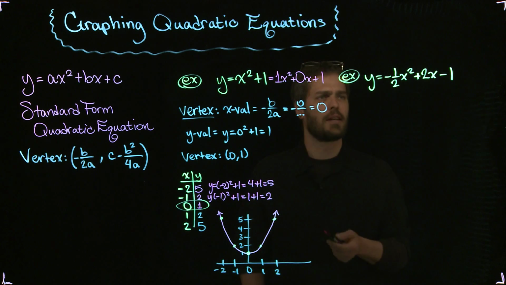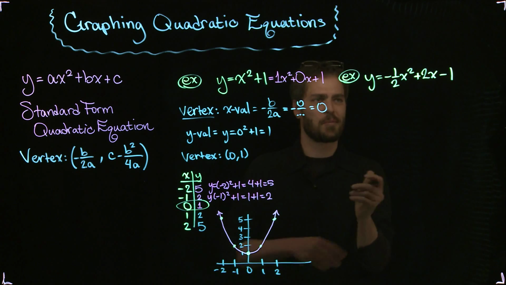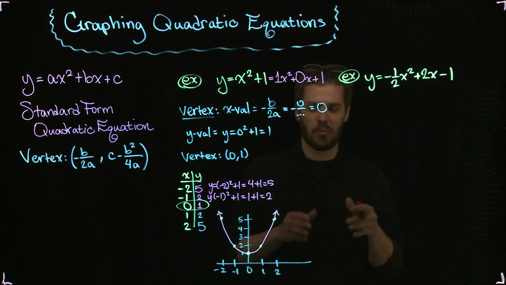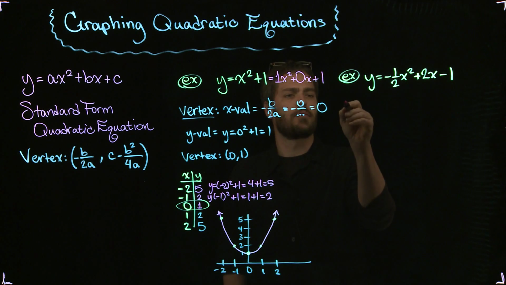Okay, here's another one that I just wanted to do that has a small fraction in the front. And let's take a look at what that looks like. Maybe you can pause me at this moment and find the vertex yourself, find a couple points, get the graph, and then hit play again and see if we end up with the same thing. So for my vertex